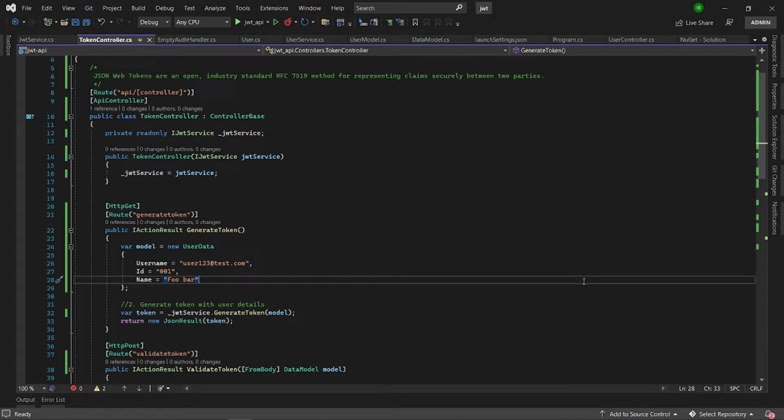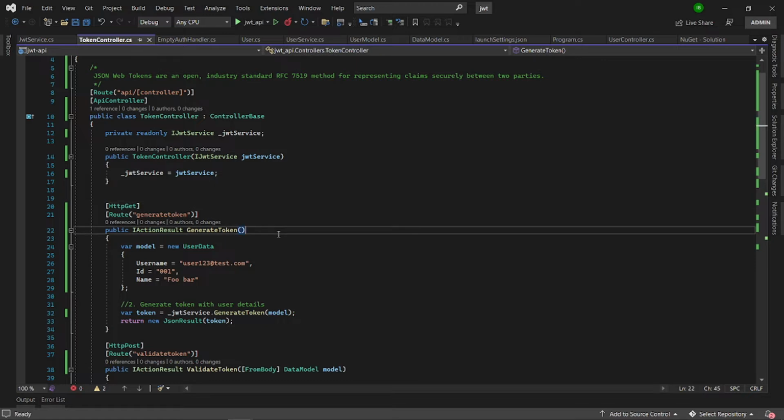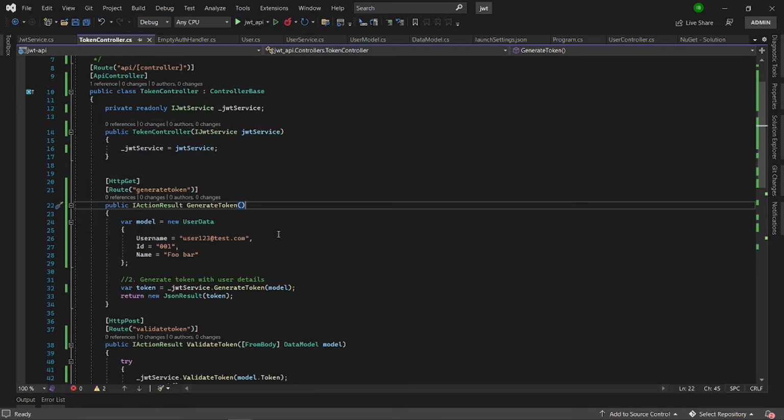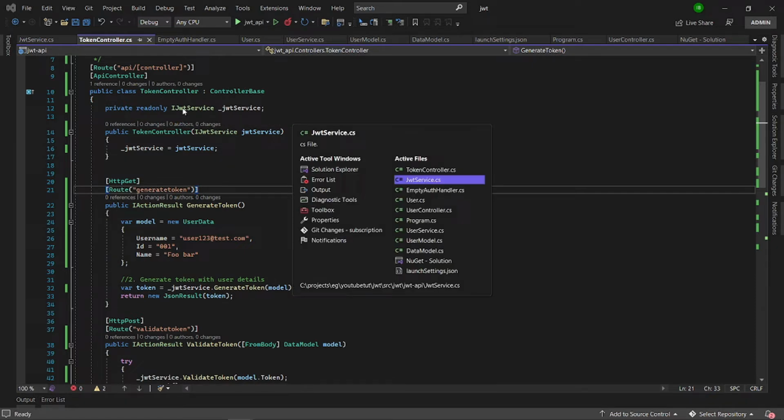Today we are going to talk about JSON Web Tokens, or JWT for short. JSON Web Tokens are an open source, industry standard method for representing claims or data securely between two parties or services. And today we are going to talk about how to generate it, how to validate it, and how to read it. Now I've got here a simple application, starting with